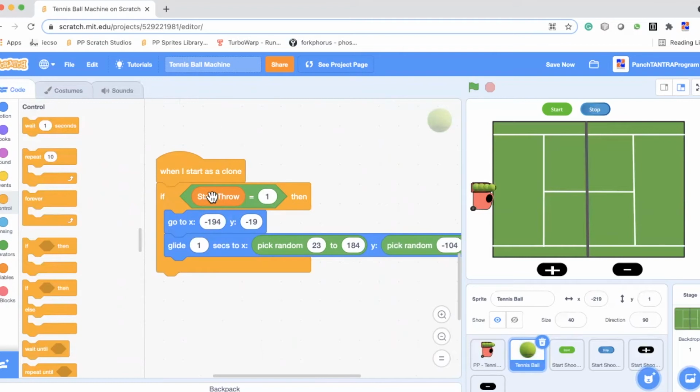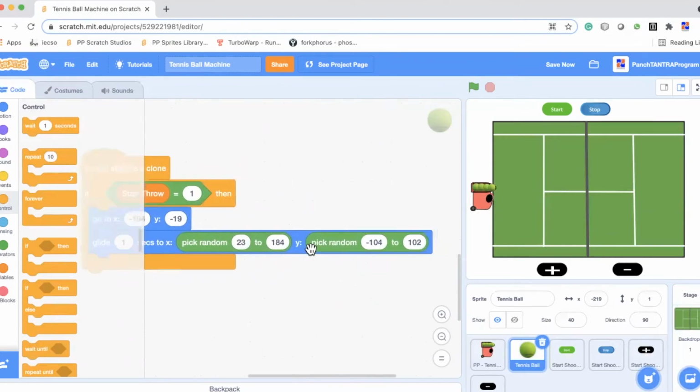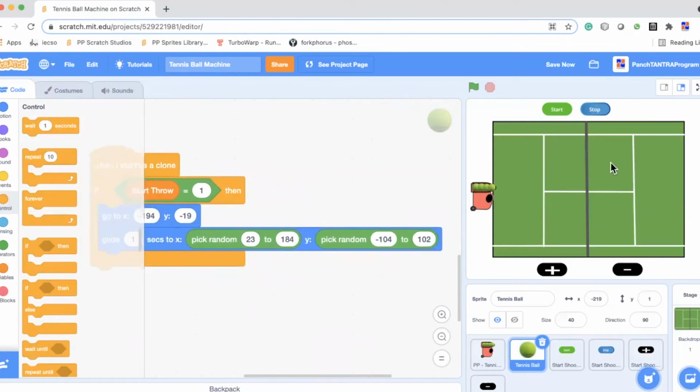Now, if it is equal to 1, we are initially showing it at the start here, at this place. And then it has to glide. Now, what we have done, we want it to glide. It's a good tested machine. So it should throw the ball to this opposite court where the player is going to be playing. Now, to do this, we obviously don't want it to go to any place. We don't want the ball to go to a random position. We want the ball to be in a certain set, that is this rectangle.